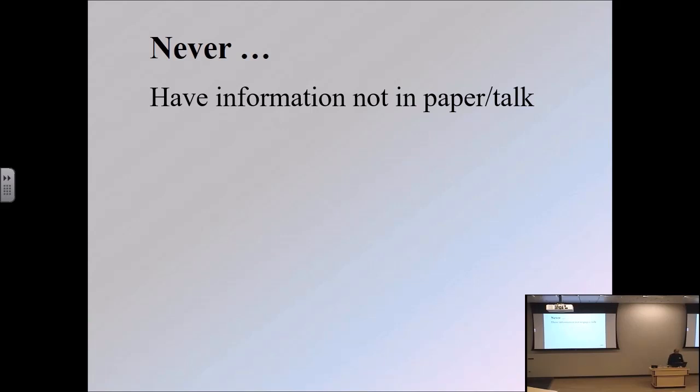But the reason it's a never is because if I have material in the paper that's not in the abstract, then the person reading the abstract didn't get everything that's actually now in the paper, and vice versa. Don't put stuff in the abstract that's not in the paper or the talk. Oh, the abstract had all this, but I'm not going to talk about any of that. I'm going to talk about this instead. The abstract was talking about this star, but I decided I didn't like that star. I want to talk about this star. See, so don't do that. That's not how you professionally write abstracts.